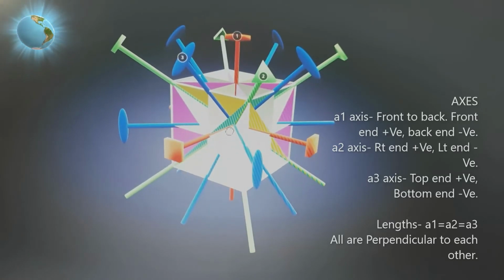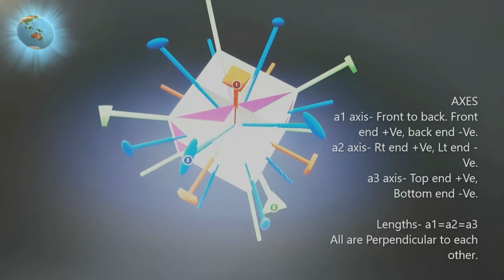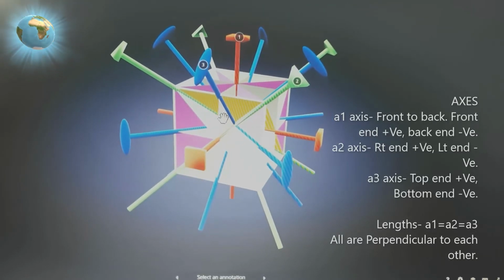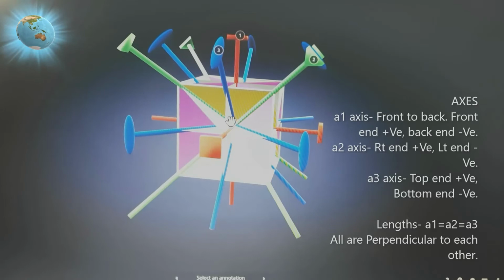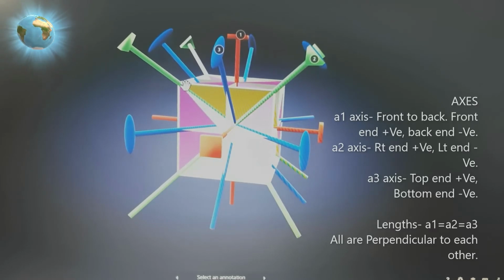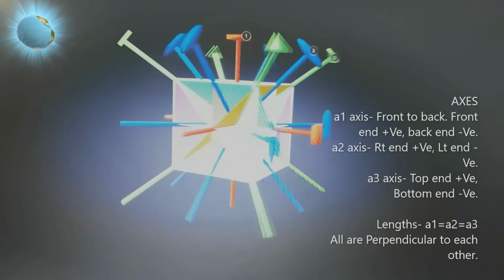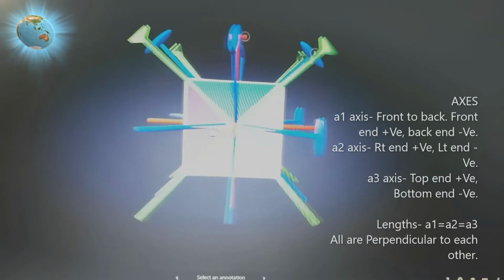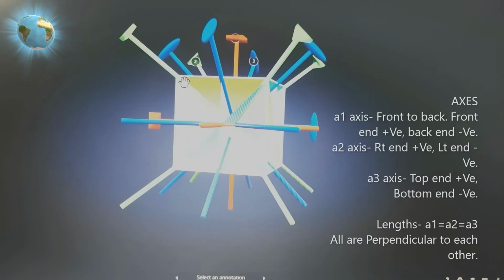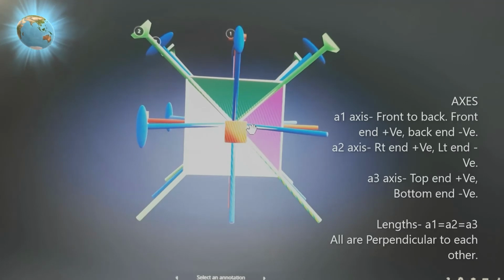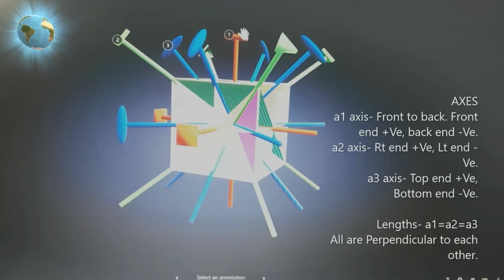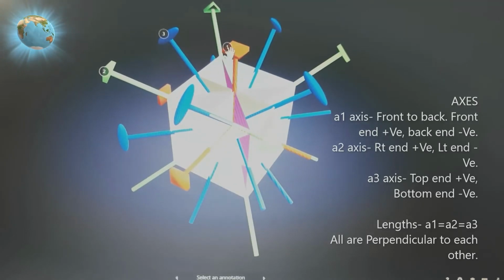And as I have told you, for this vertical axis, if you rotate the model, the same square shaped face appears 4 times during a complete rotation. So if you count this as 1, this will be 2, this will be 3, and this will be 4. So 4 times a similar face repeats if you rotate the crystal model along this vertical axis. So we call this 4-fold symmetry. So this axis is 4-fold symmetry.